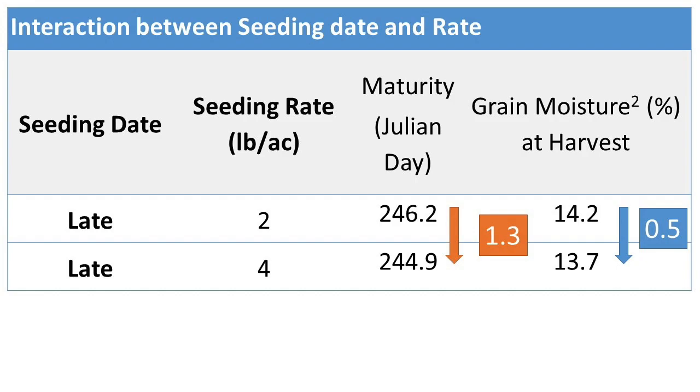However, if the season had been extended by wet conditions, we might have seen more of an agronomic benefit from the higher seeding rate, particularly if there had been an early frost. As an aside, I'm not recommending seeding rates should be as low as 2 pounds per acre. We had excellent emergence conditions with no flea beetle pressure. So, 2 pounds per acre was able to produce just enough plants to maintain yield potential.